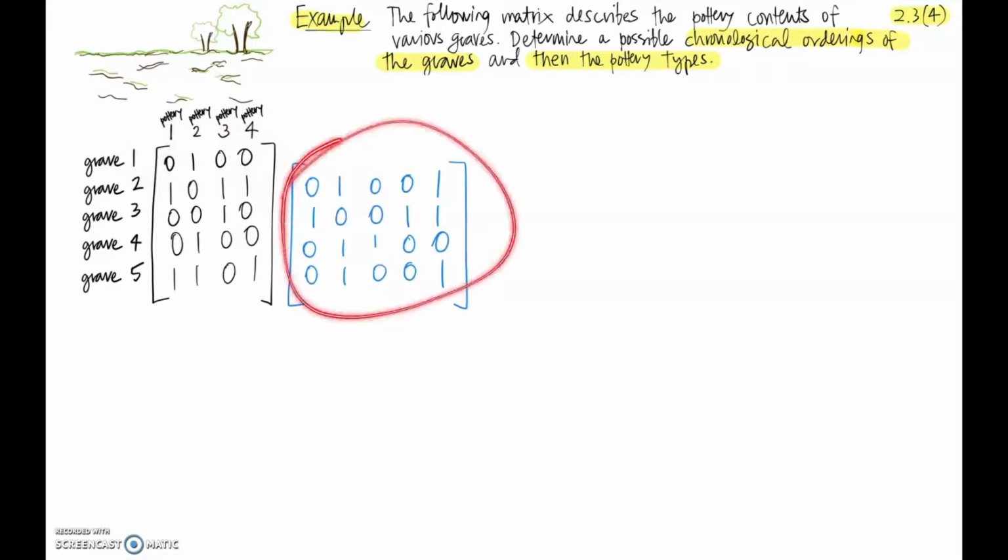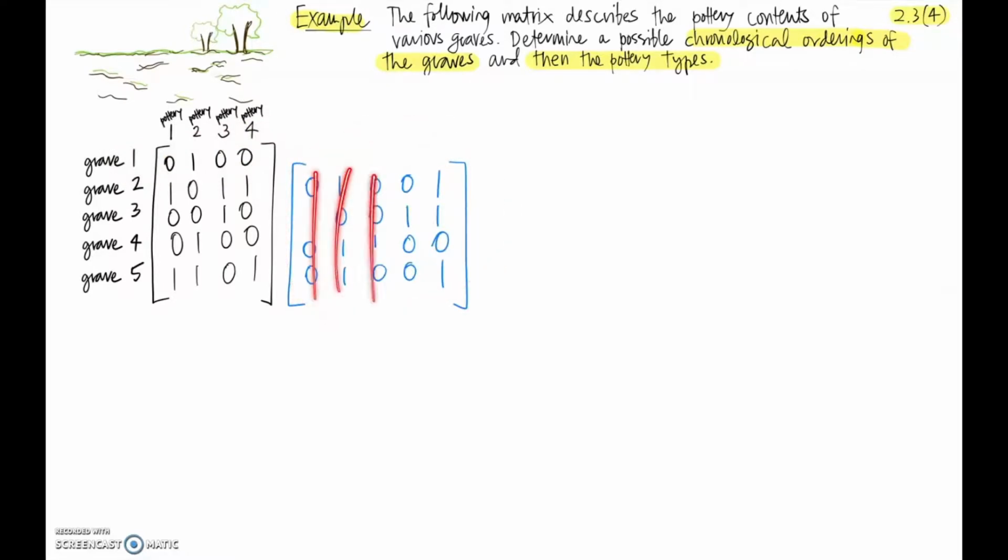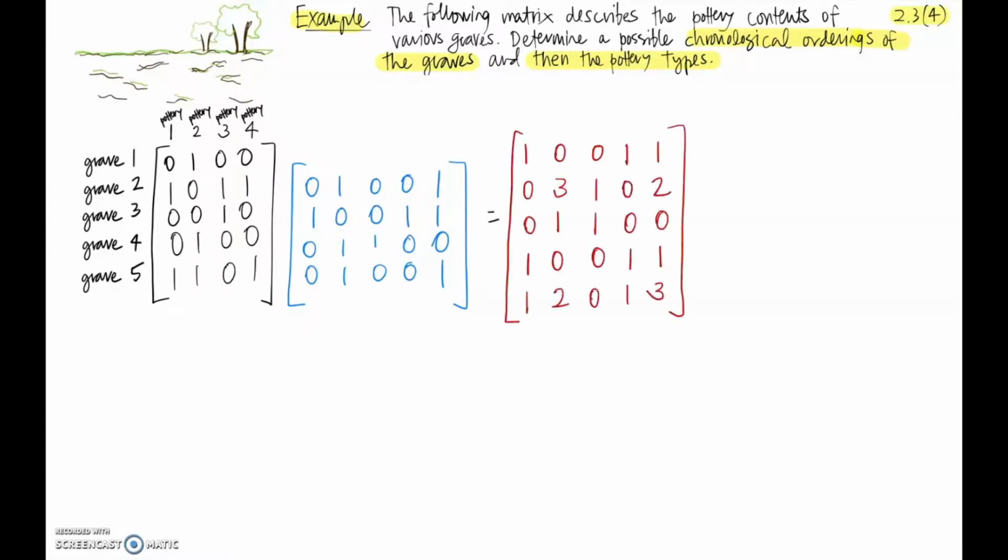Okay, here's the transpose, and now each of these columns is really representing different graves. We're going to go ahead and do the multiplication, and then we'll read off the information from that product. Okay, I did the multiplication on my calculator. This was A times A transpose, and then this matrix is going to tell us how we should order the